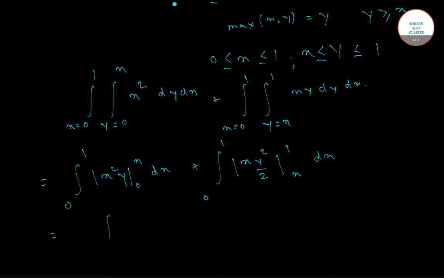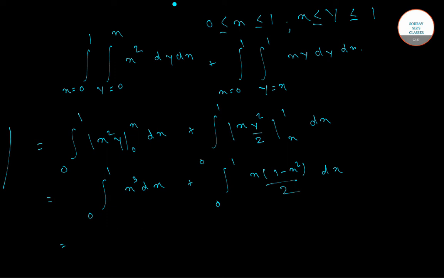This is equal to integration 0 to 1 x cubed dx, plus integration 0 to 1 x into 1 minus x square divided by 2 into dx, which is equal to,